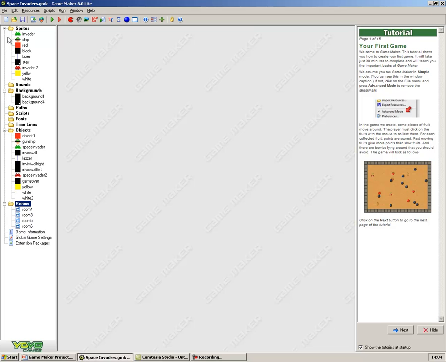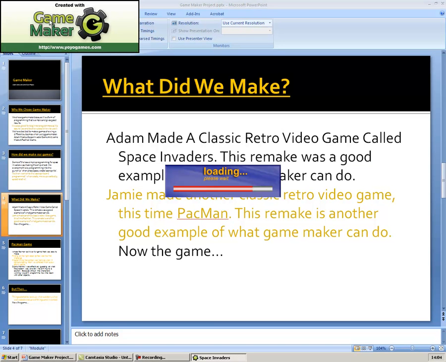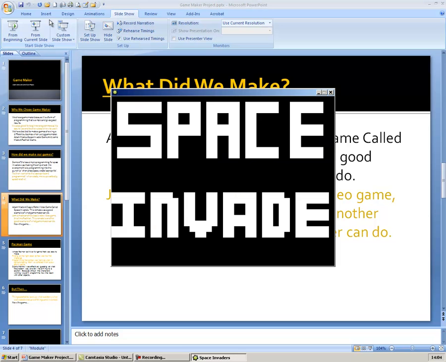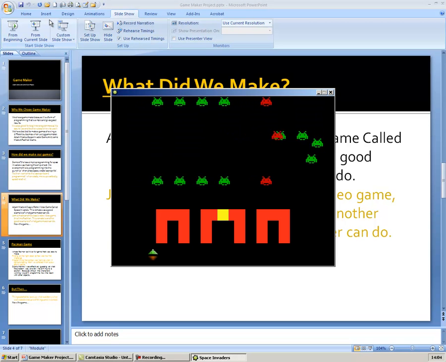Well, this is my Space Invaders game. You can see all the sprites. I haven't got any sounds, and the backgrounds, and all the rooms, and I'll just show you the game. The controls are left arrow and right arrow to move left and right, and space to fire. If for some reason it seems very hit and miss, you have to shoot the Space Invaders to complete